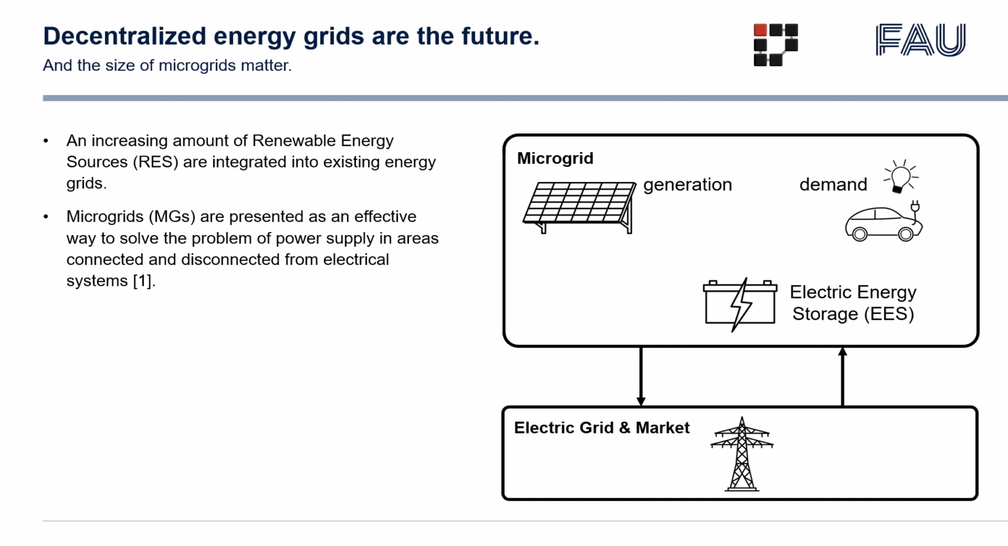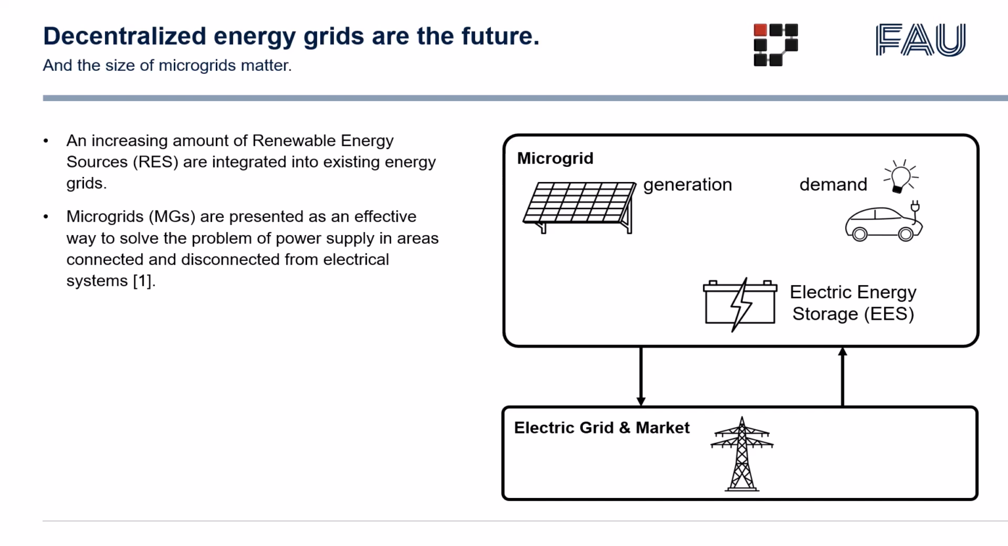A microgrid can as well have an electric energy storage system, abbreviated as EES, and it can or might not be connected to an energy market and a grid. And microgrids can either be isolated, so standalone, or grid connected. Obviously, in those kinds of microgrids, you have a lot of technical components, and